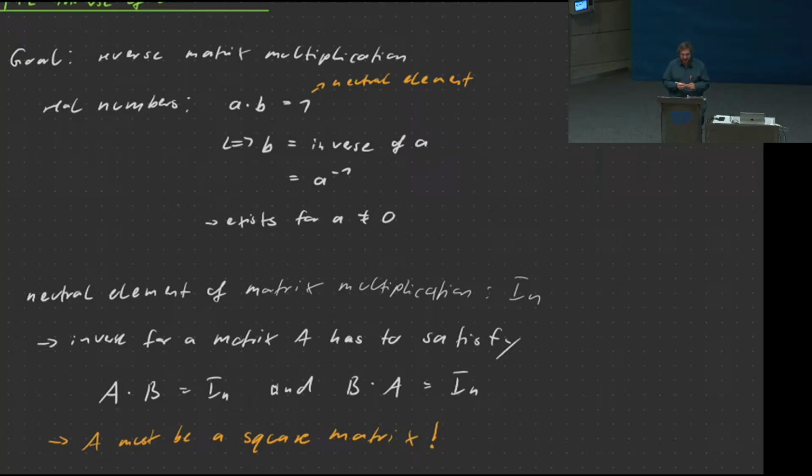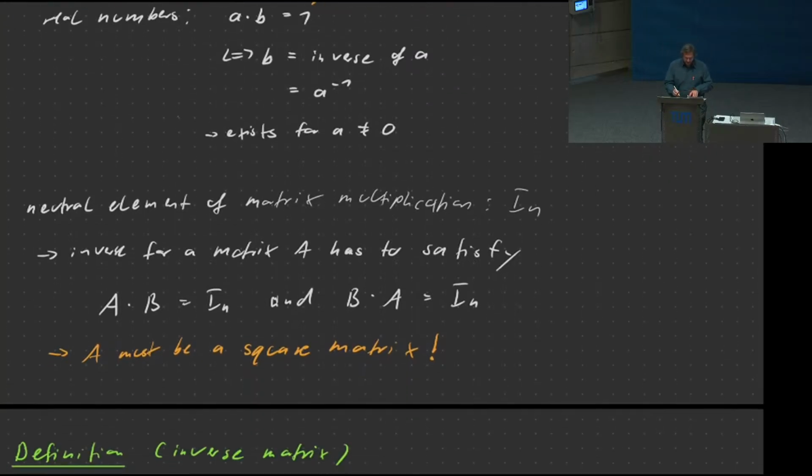But still, one can ask the question, is there something like an inversion? Is there something like a division of matrices in a certain way? And more formally, for real numbers, we know that we have a neutral element, that's the number 1. A neutral element just means multiplying anything by 1 will not change that anything. And the question for inversion would then be the other way around: if I have a real number a, is there a real number b such that a times b is 1? So can I get that neutral element from every starting point?